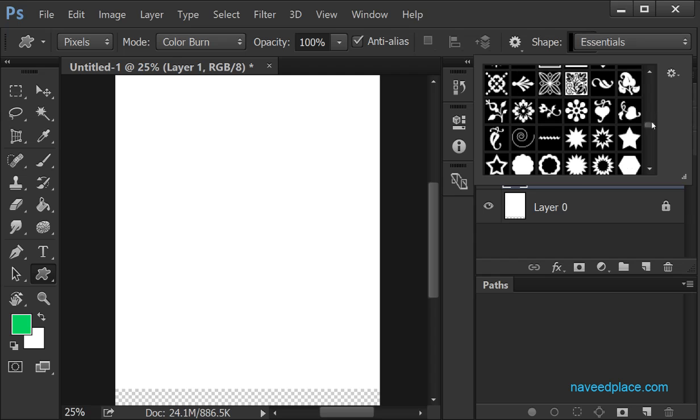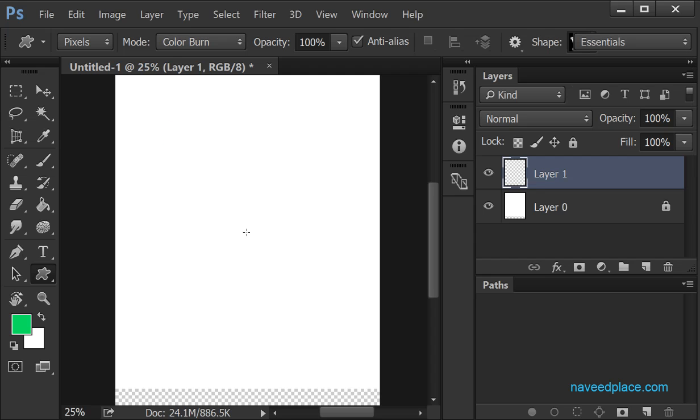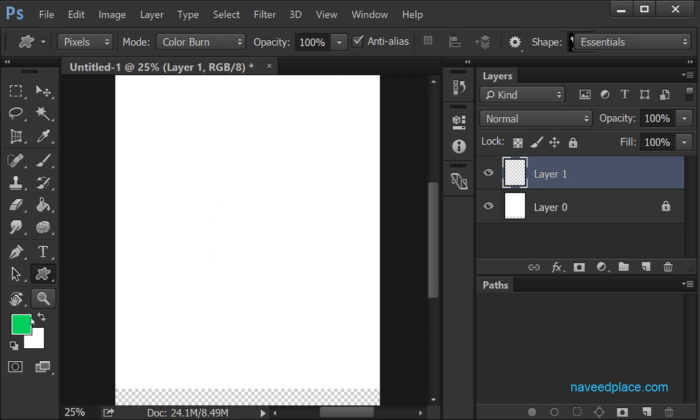For example, if I want this shape, in order to get this shape, I just simply click and drag. As you can see, right now I have this. Getting me? So let's suppose if you want any shape, what you need to do is first